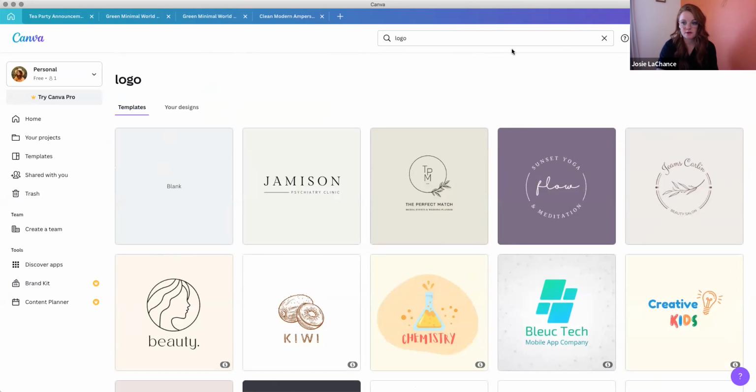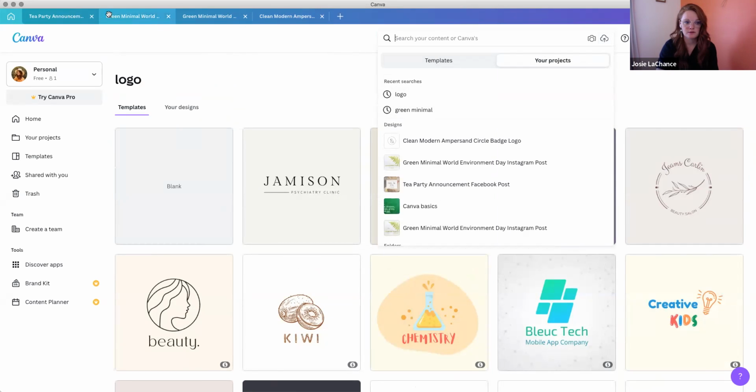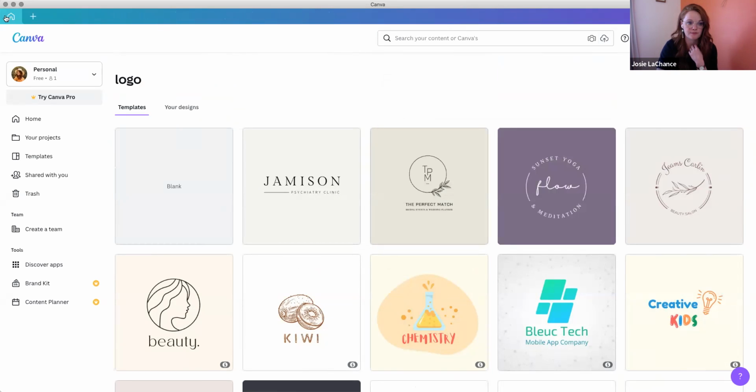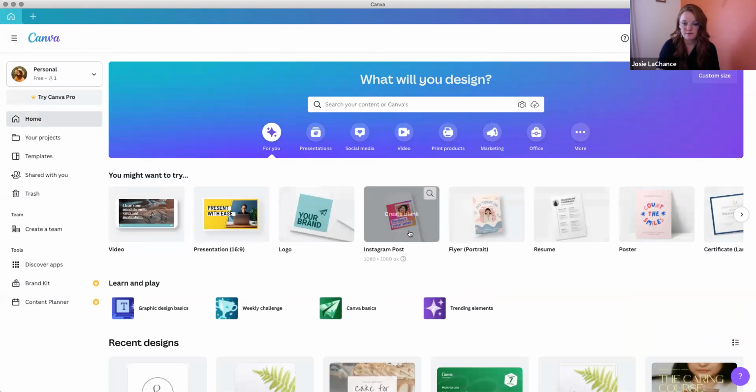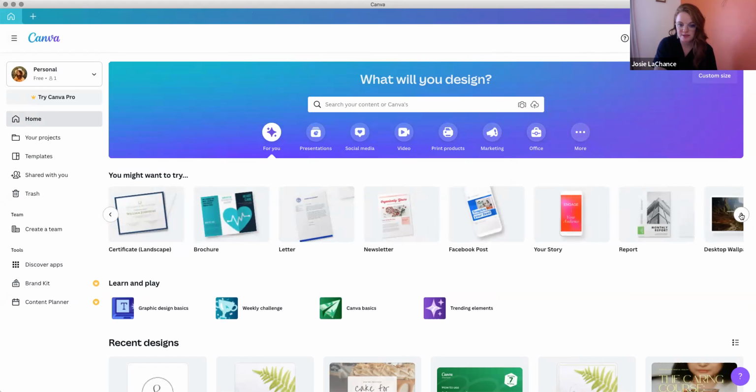Even for Instagram stories, if you're someone who's on Instagram and you want to make stories, and Facebook stories, there are templates for that. If you need to do a presentation, a PowerPoint, anything like that, it's all in here. If you're working on a brochure, it's all here for you to use, and you can save it and download it to your computer and then take it to your printer of choice, or if you need to, like I said, put it on your website or